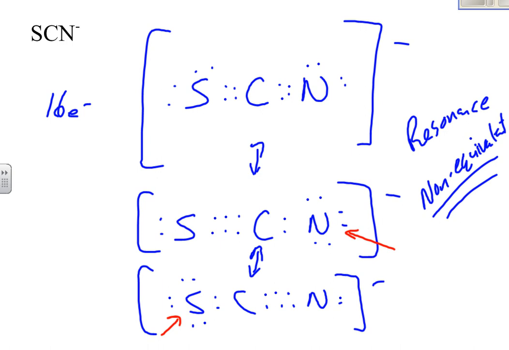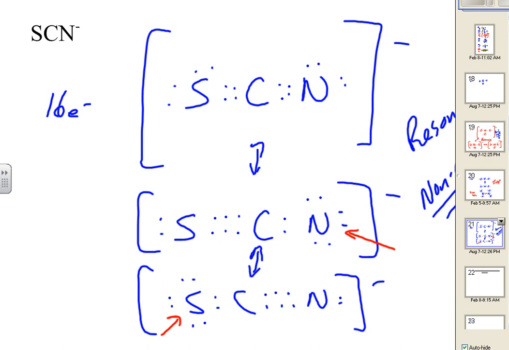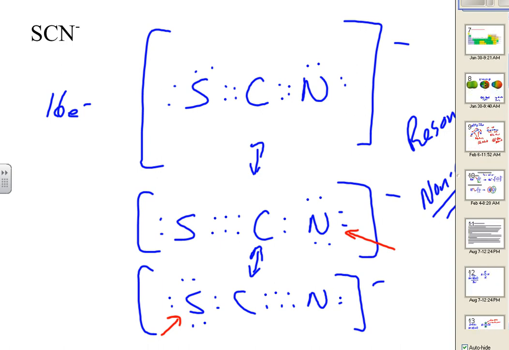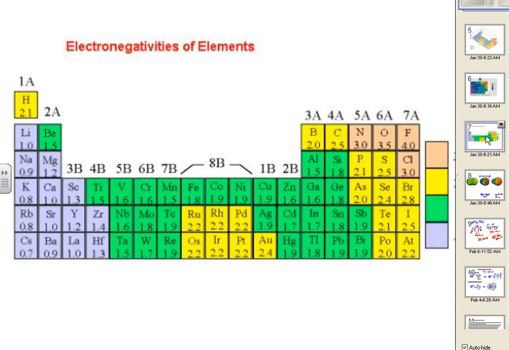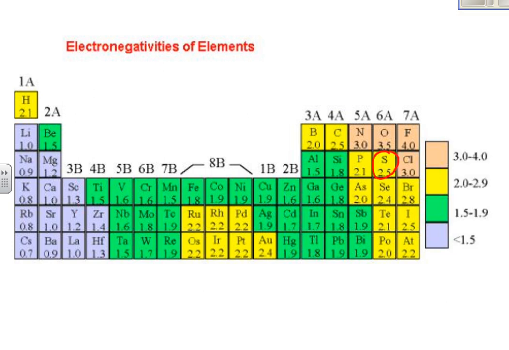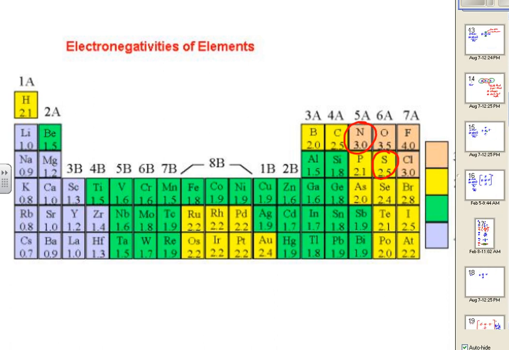Sulfur, because it has more pull, right? All right, good. Right idea. Which is going to have the higher electronegativity? We'd want to use that to help us analyze the situation. So if we look at a periodic table, do I have one up here? We have sulfur 2.5, nitrogen 3.0. So nitrogen has a greater pull, so we'd probably think that the nitrogen would have